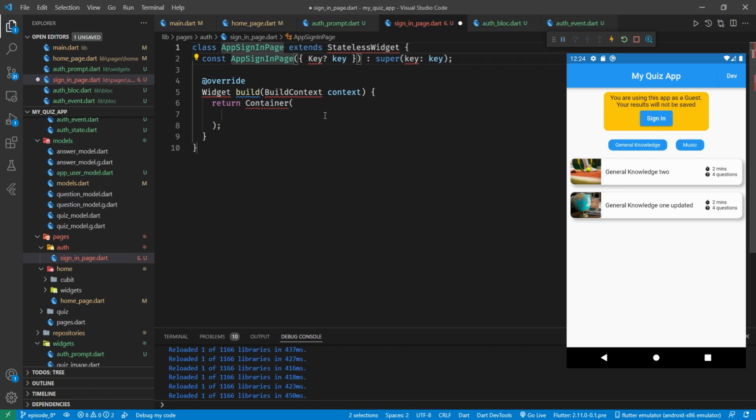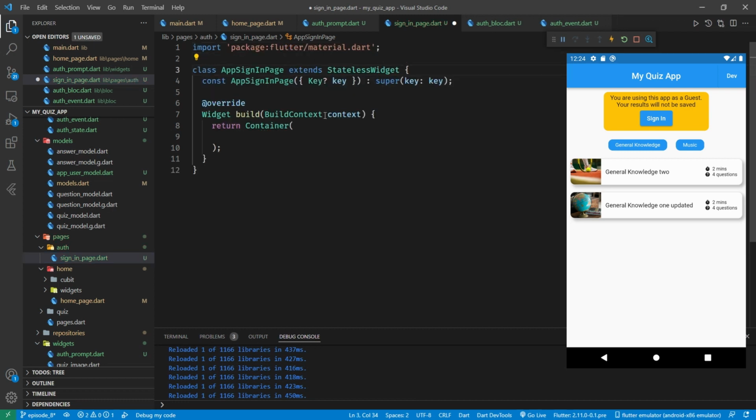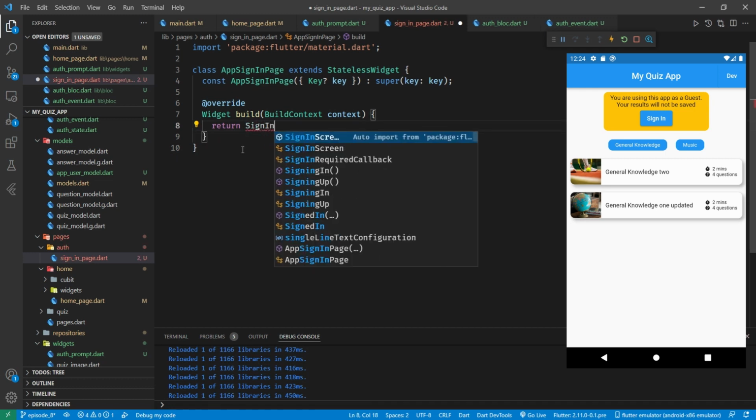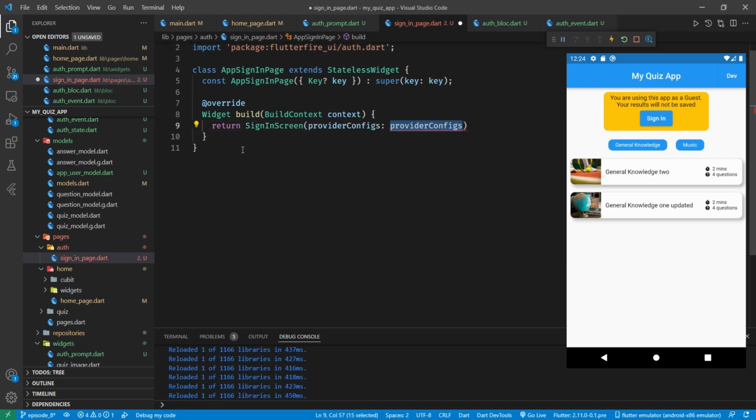Now the reason I'm calling this AppSignInPage rather than just SignInPage is because initially what I'm going to return is a SignInScreen from the Flutter UI, and we're going to configure this in a minute, but I'll just leave it as that for a second. Let's come back to our widget that we were just working on,